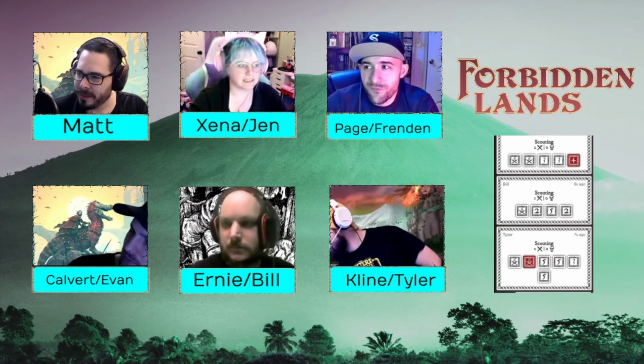All right, everybody, as you're eating breakfast and sitting around, go ahead and make me a scouting roll, please. Oh, I can do that. It's almost like that's what I'm there for. You're breaking down camp. You're putting the fire out. You're getting ready to leave. And Klein and Calvert and Ernie